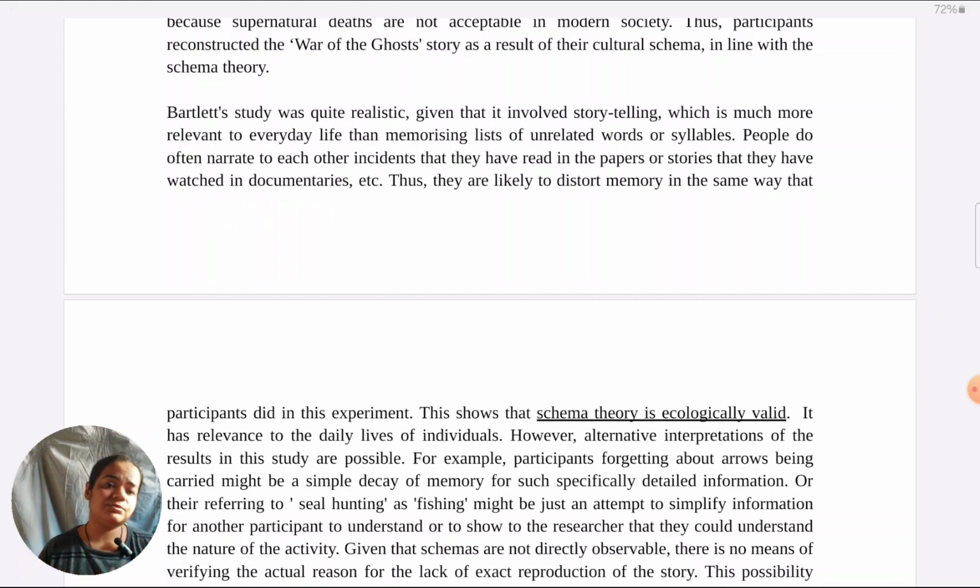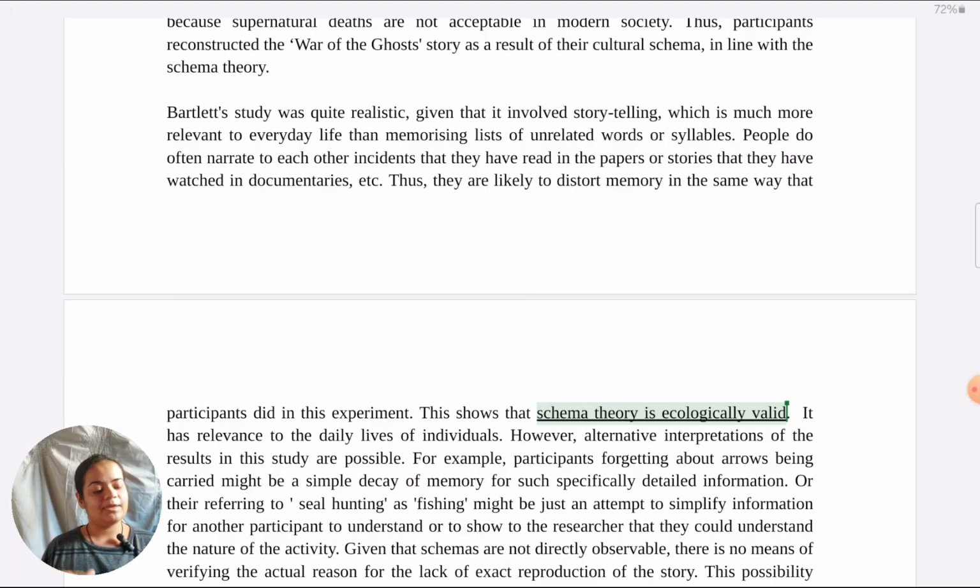Again, how do you decide which is the strongest strength and weakness? Generally, those strengths and weaknesses which are not touching on generalizability and ethics, they are too study specific. So something that goes beyond generalizability and ethics. Generalizability, I mean sample to population, not setting wise, like not ecological validity. The biggest strength of Bartlett's study is its ecological validity. It's realistic because other studies on memory and schema theory have generally been very artificial, using lists of words, consonant syllables. It's a one-off study of its type, which is very realistic, using narratives.